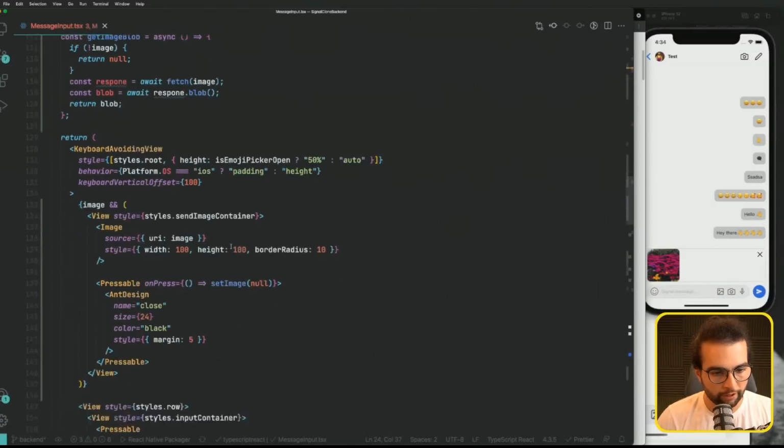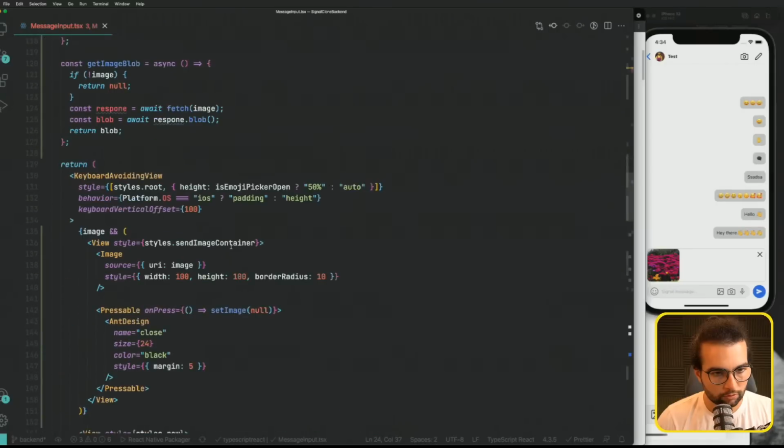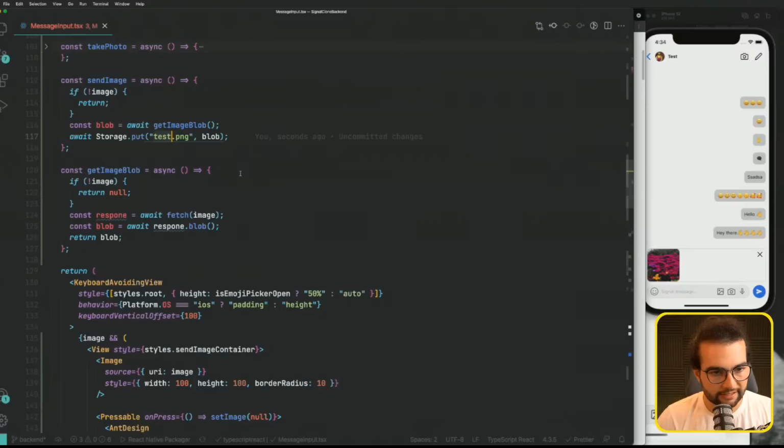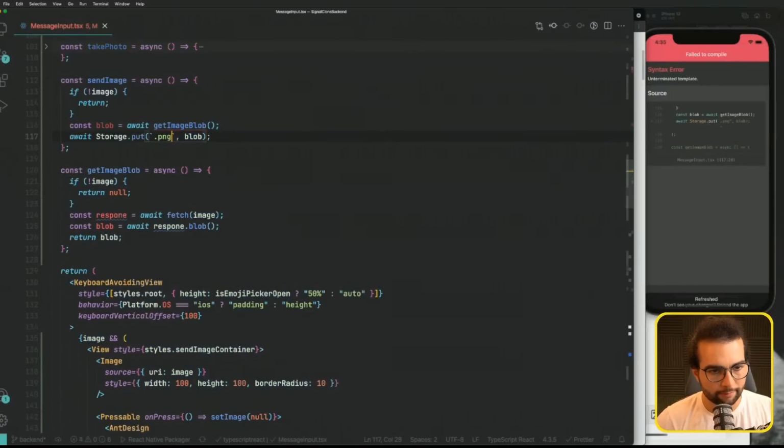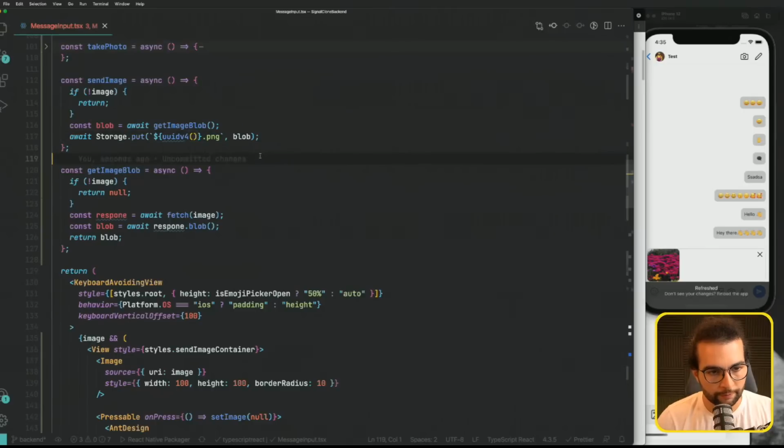And if we go back, where is it? Yeah, here, instead of test, I'm going to switch to a template string, to be able to do UUID v4, and this is a function call. And now if I upload it,